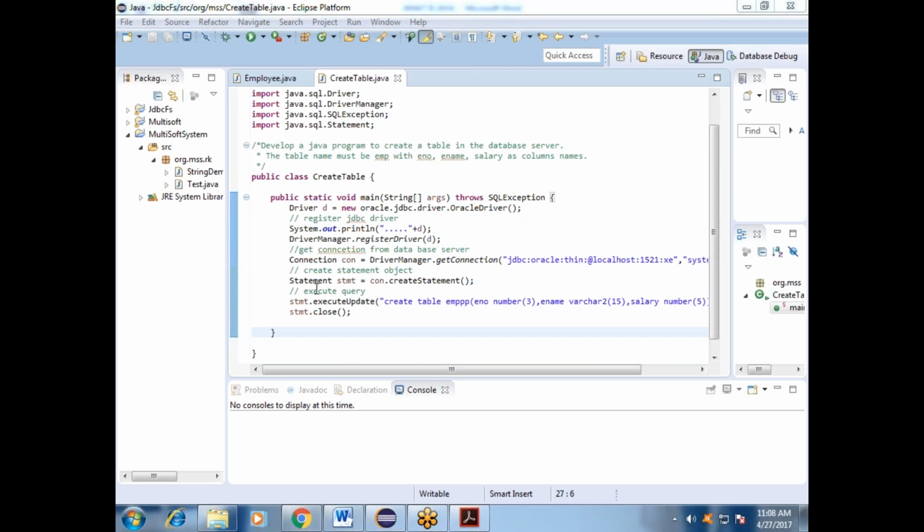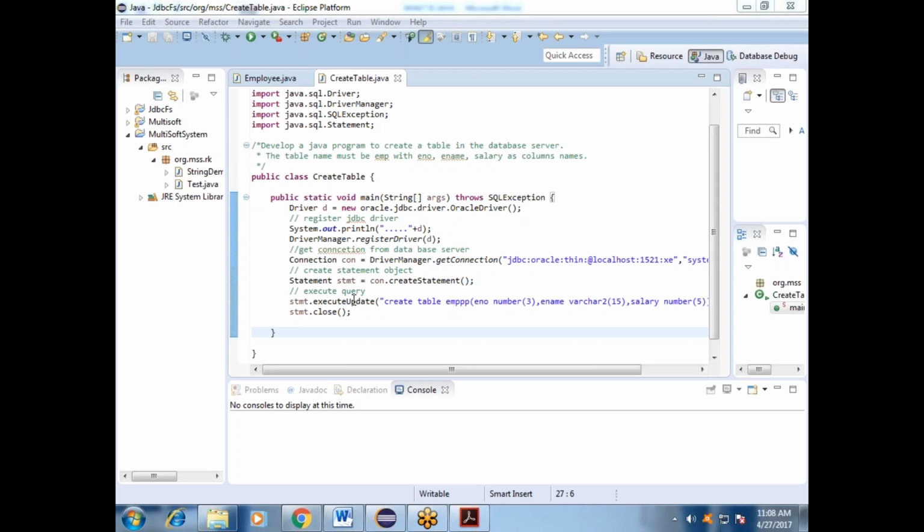It has a return type of int, because it counts the affected rows, the table operations, and all those things. That's why it is used.